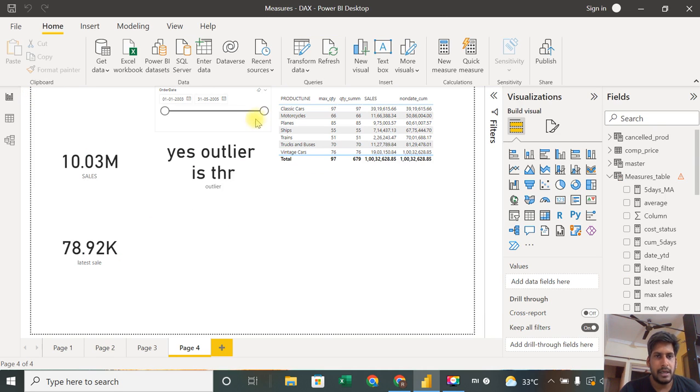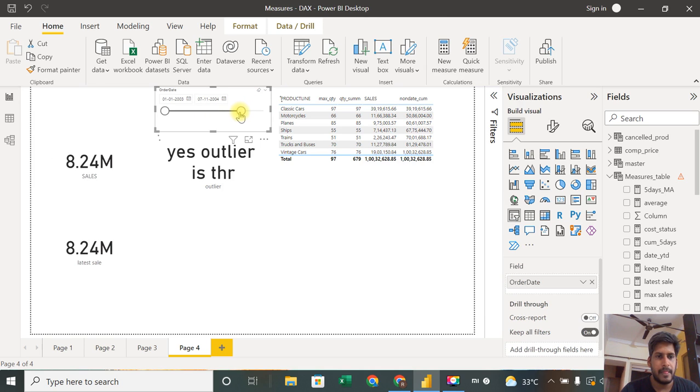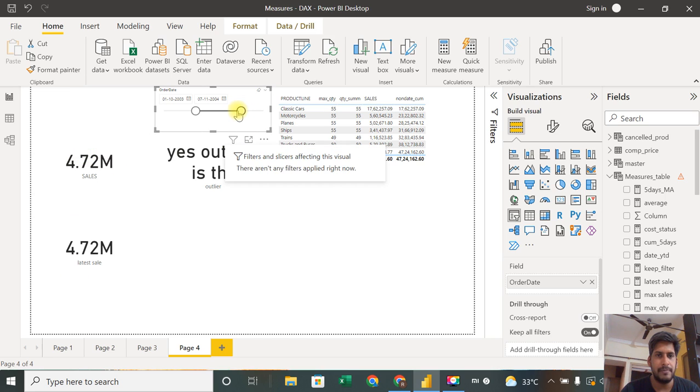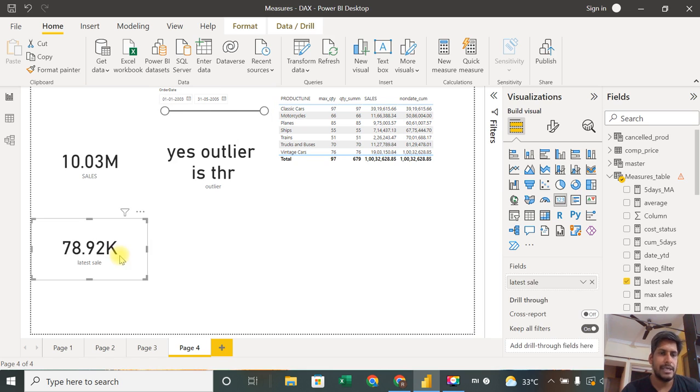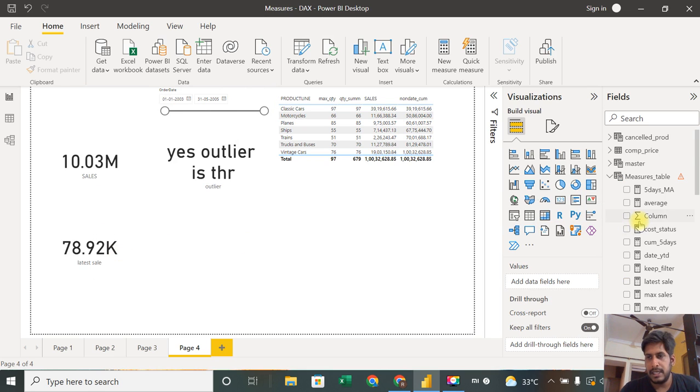Now you can see when I filter, according to filter it works fine, right? Both are showing the same. When I have a latest date selected, when I'm not filtering anything, it shows the latest one, right? Latest sale will show. When I filter something, it shows the actual sale that happened in that particular time period. If I'm not applying any filter, it will show only the latest one. So this function, the latest filter